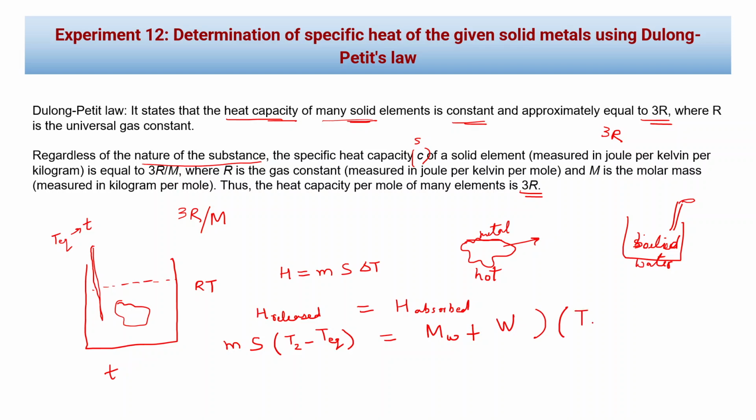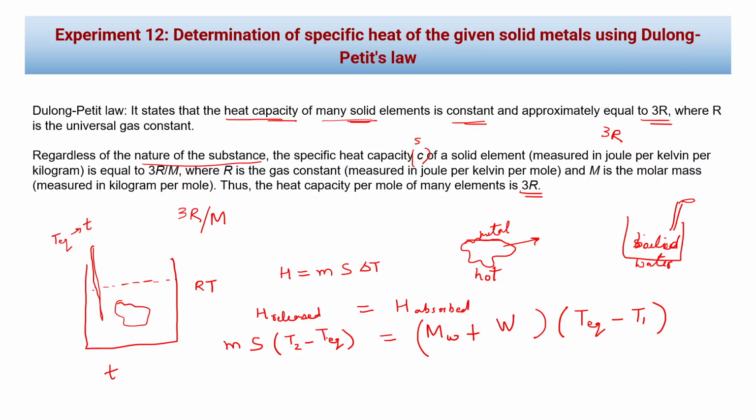Its initial temperature was less, but the final temperature is higher because it has gained heat from the hot body. So the equilibrium temperature will be higher, and its initial temperature, let's call it T1. Maybe it was at room temperature or maybe it was cold, whatever, but the equilibrium temperature will be higher. So this will be the expression for heat transfer. These two things we can equate, and since all these